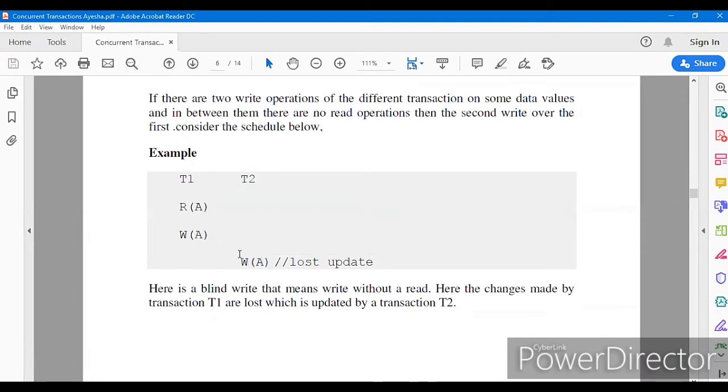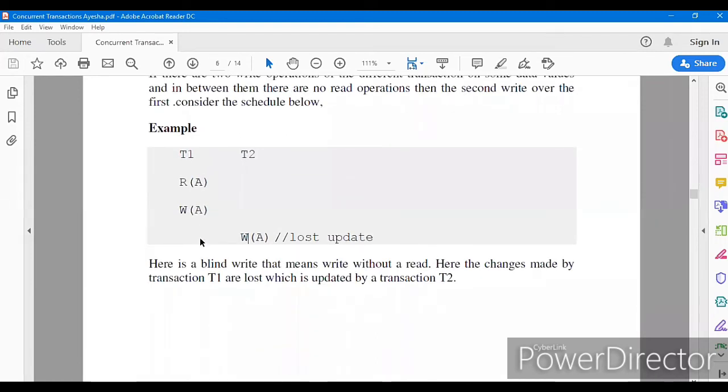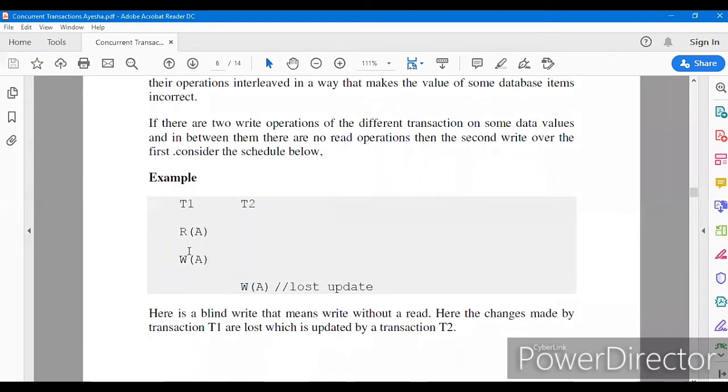Now, if there are two write operations of different transactions on the same data value A, and in between them there are no read operations, then the second write is called a lost update.